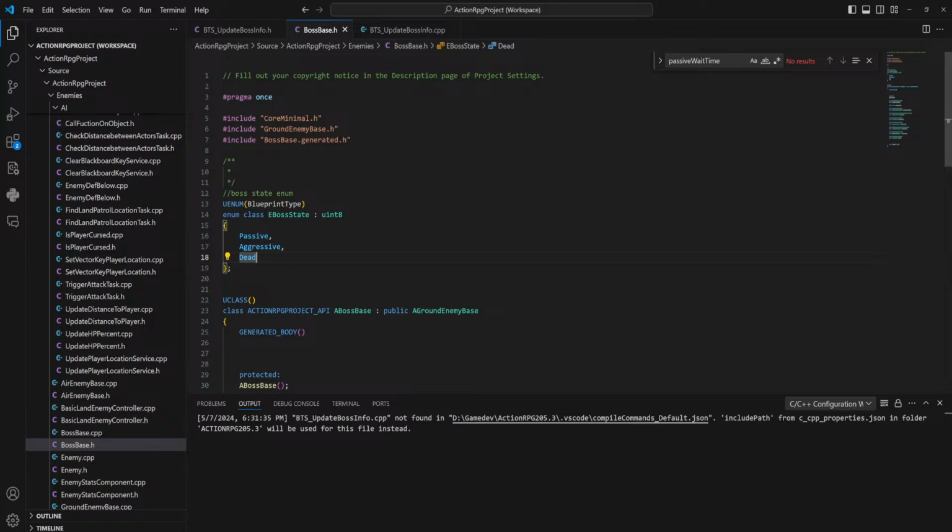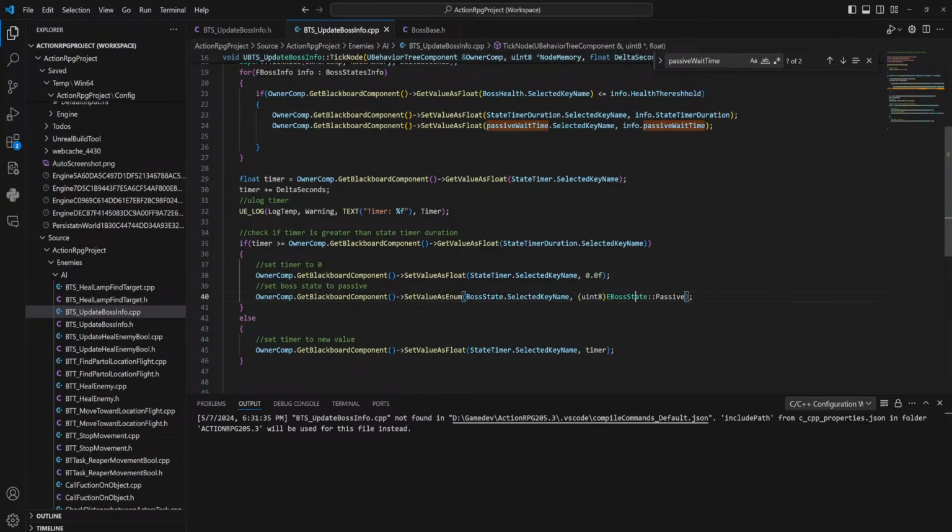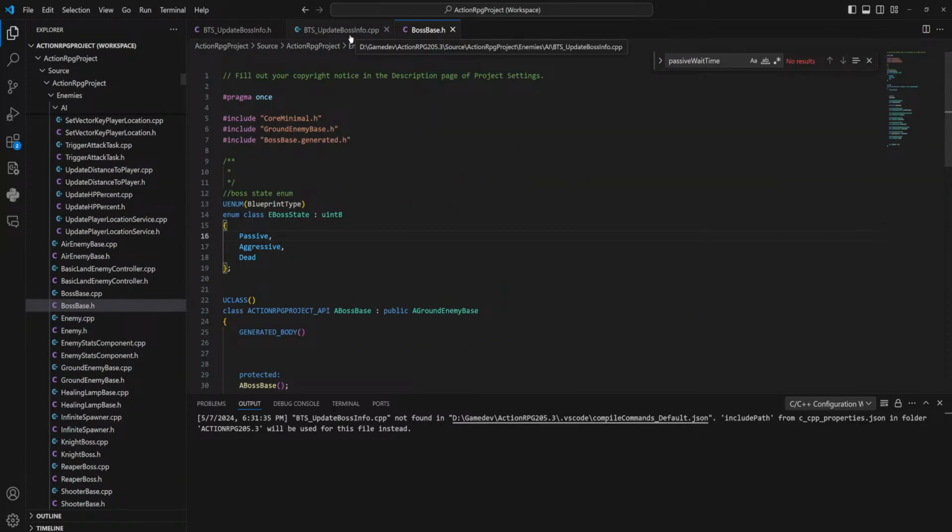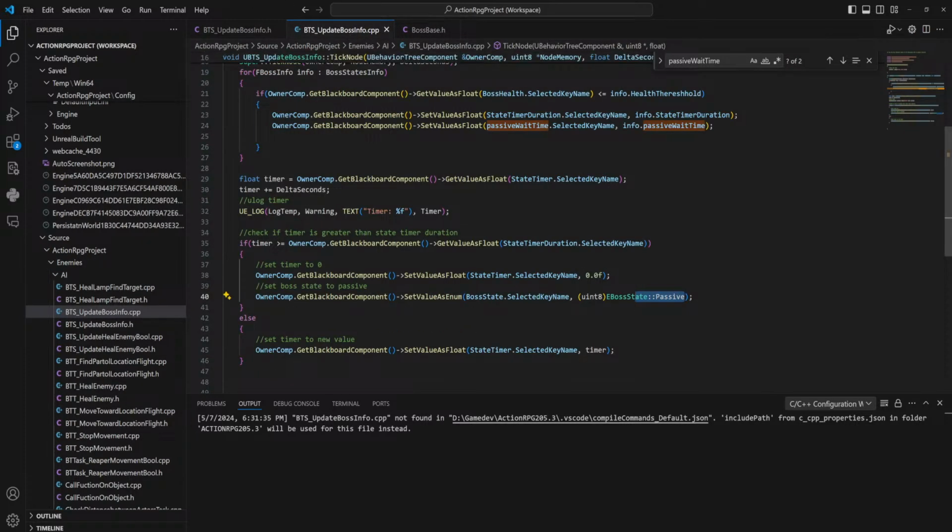Yeah, you see, it's just an unsigned integer, 8-bit. So in theory, you should just be able to mix and match those. I've never tried that though, but I think you can. Yeah, see here, it's even casting it to that, which you might need to for behavior tree related purposes, but I don't know.